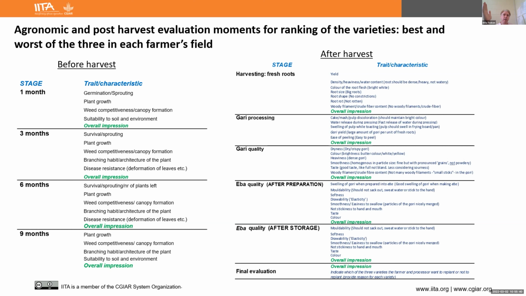So if you have 50 clones evaluated and you want to see how they perform in farmers' conditions, you can bring all 50 to farmers, but then you need quite a lot of farmers. And if you don't take too many farmers, then you can at least say, well, we know that these 25 of the 50 are at least much less preferred. So that could potentially inform breeding selection.